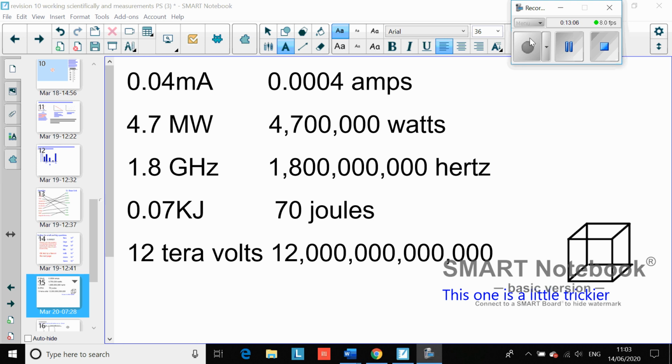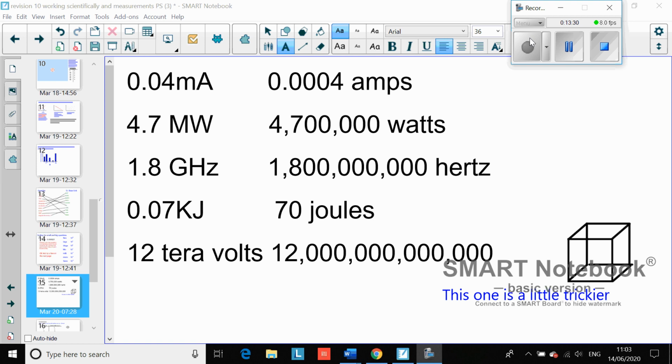Okay, welcome back. So this is what you should have got. 0.4 milliamps is 0.0004 amps. That's what we measure current in, electric current, which you'll do in our next topic. 4.7 megawatts, remember mega is million, so that's